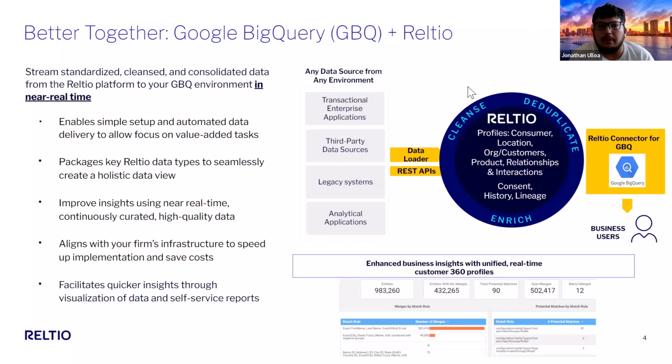So before Reltio, I was a product manager in a large financial services institution. And when you think about digital onboarding experiences and how customers that are looking to make investments have so many different options today, and it's no longer you have to go into a bank; it's all done online to open up an account. But there's still rules and regulations that customers need to follow. KYC, AML rules particularly are important, right? So the institution needs to trust that customer to make sure they're compliant and it's safe to invest with that